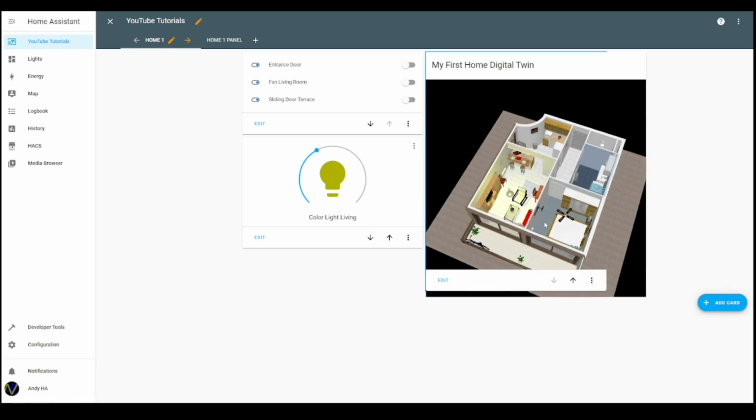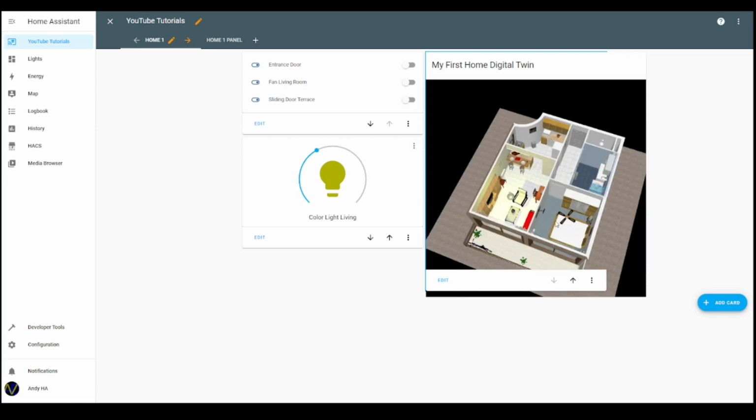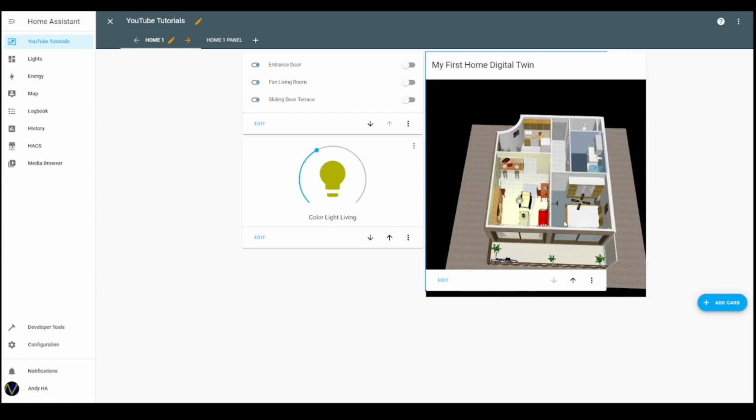Okay, so now you see that the light is casting a shadow on the floor, and it is not going through the walls. Why have I given this possibility to activate and deactivate this functionality? Because the more lights you have inside your model, the more you are consuming resources inside the 3D model. So there is a known limitation, you will see in my documentation,